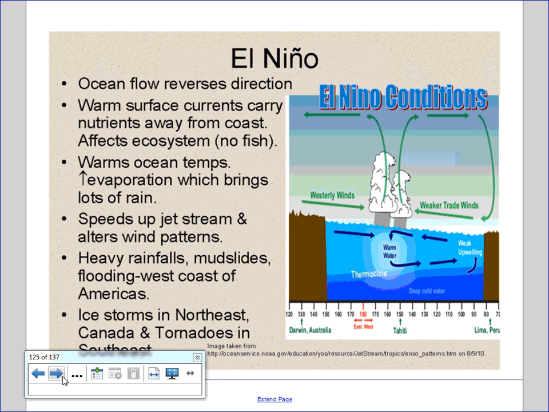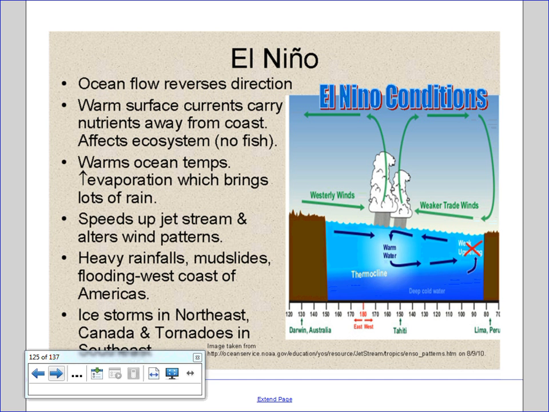Well, in El Nino, what happens is the ocean flow reverses direction. So you don't get a lot of upwelling. So now the surface currents carry the nutrients away from the coast. So you can now see in the picture the weaker trade winds. So you do not get a lot of upwelling. So it's weaker right there at that red X. So therefore, you don't get a lot of nutrients. You don't get a lot of fish. So during an El Nino, the folks in South America are not happy because they have a hard time